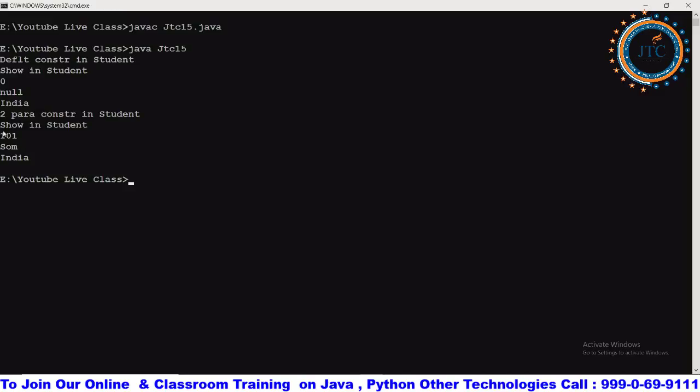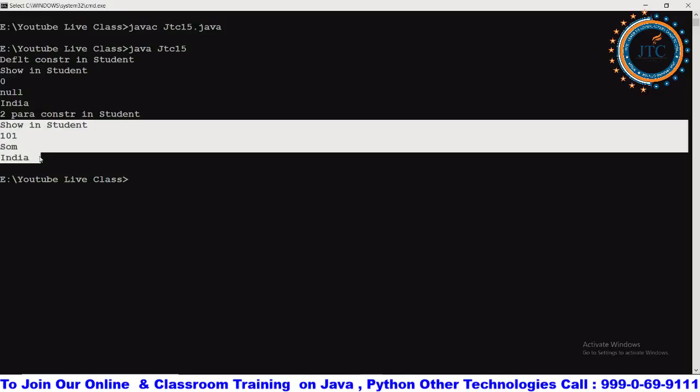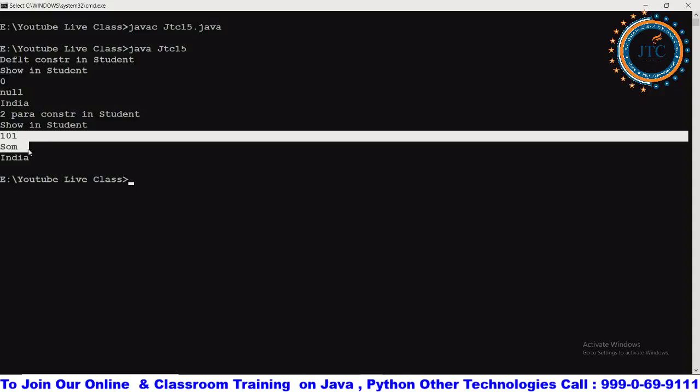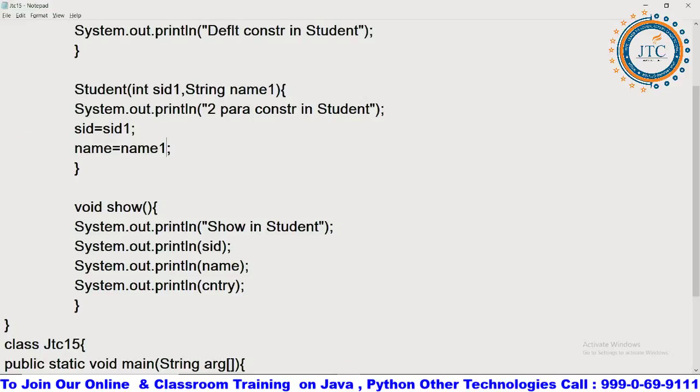See, in one instance what value we have, and in another instance what value we are having. In both of the cases things are different, correct? In one case 0, null and India are available, and in the second case, these other things are available. Now I was saying that it is used to initialize the instance